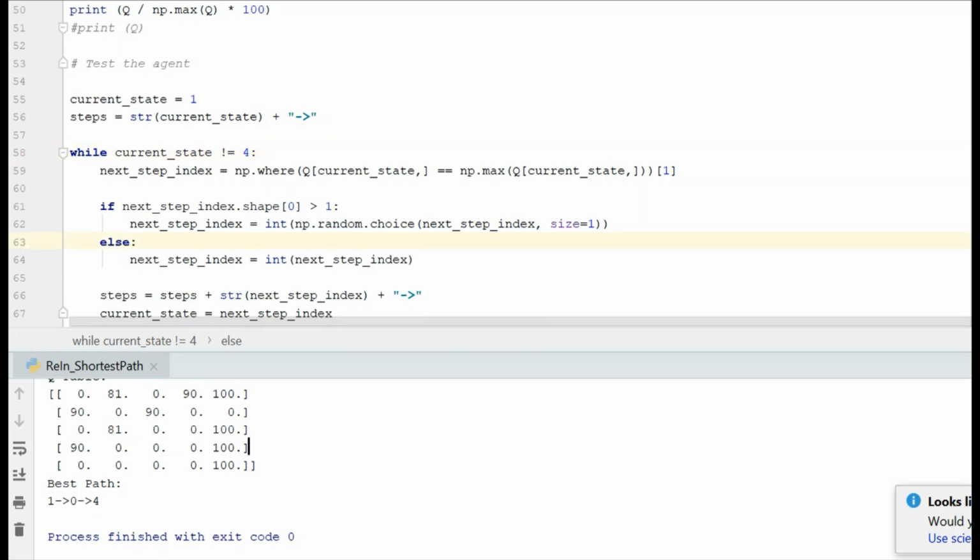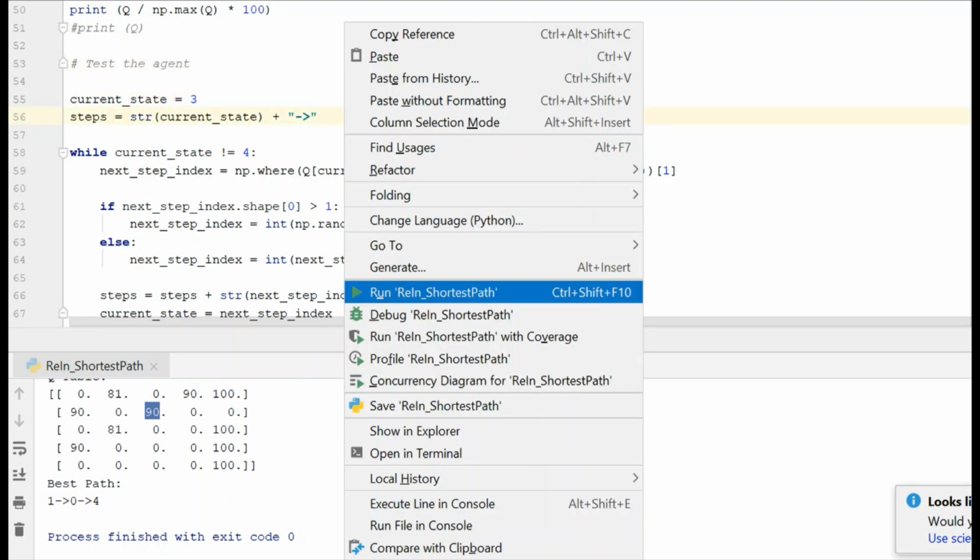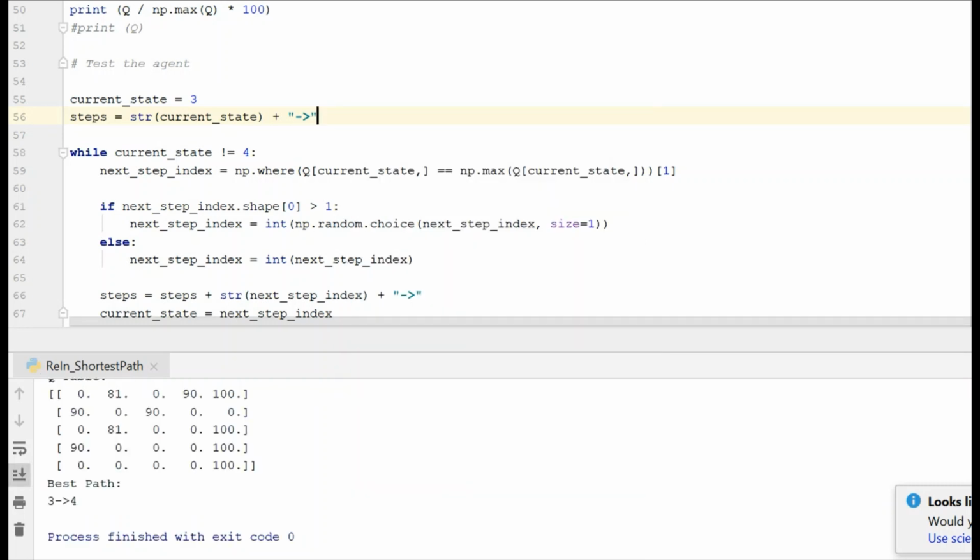And the reason of this is it has got equal rewards for both the paths. Now let's make it 3 and run again. So this gives us directly from 3 to 4.